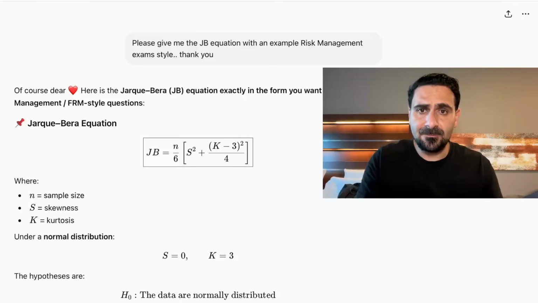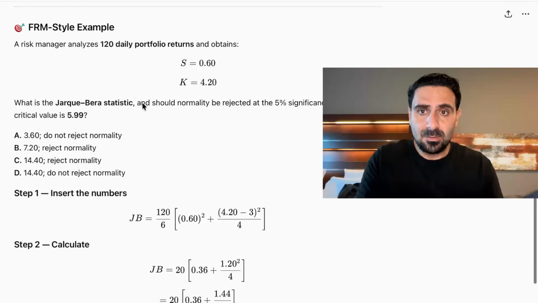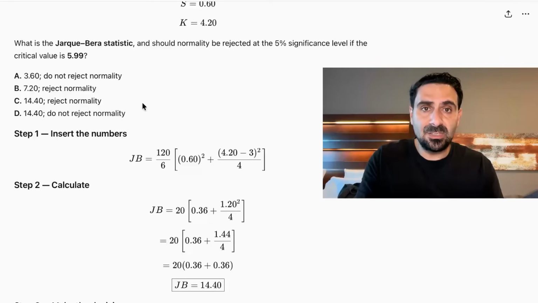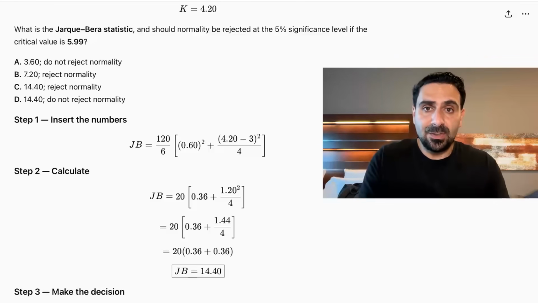As you can see, they gave us this information. What is the Jarque-Bera statistic, and should normality be rejected at 5% significance level if the critical value is 5.99? So let's apply the equation. As you remember, the n, which is the size of the sample, is 120 over 6, between brackets, 0.6 is the given